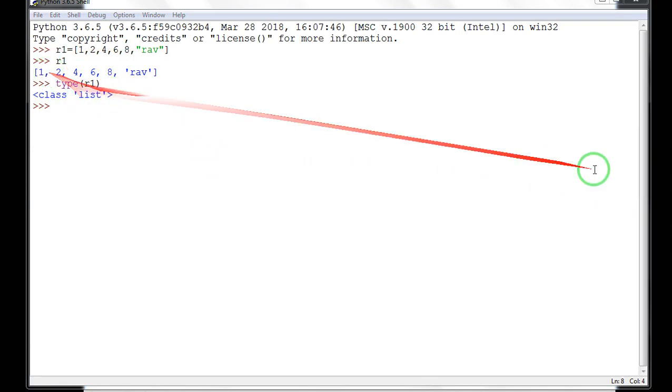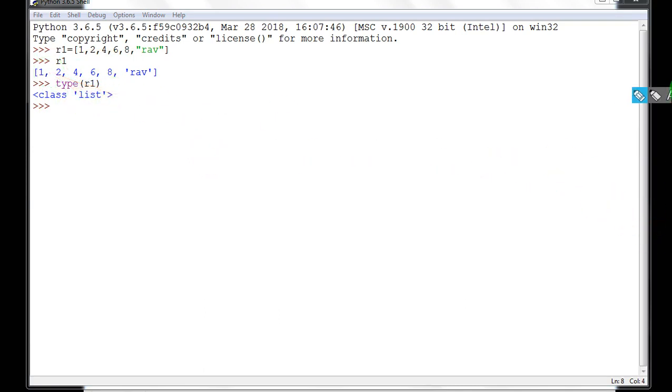The first element, 1, will have index number 0, the second element, 2, will have index number 1, 4 will have index number 2, 8 will have index number 3, the next will have index number 4, then 5, then 6, then 7, and so on. So that means it is ordered.